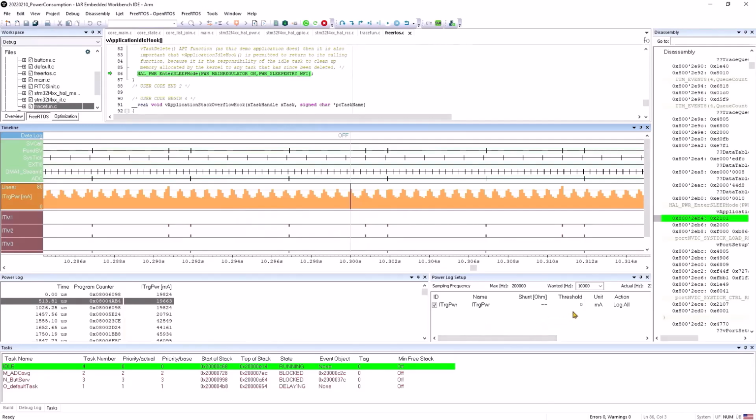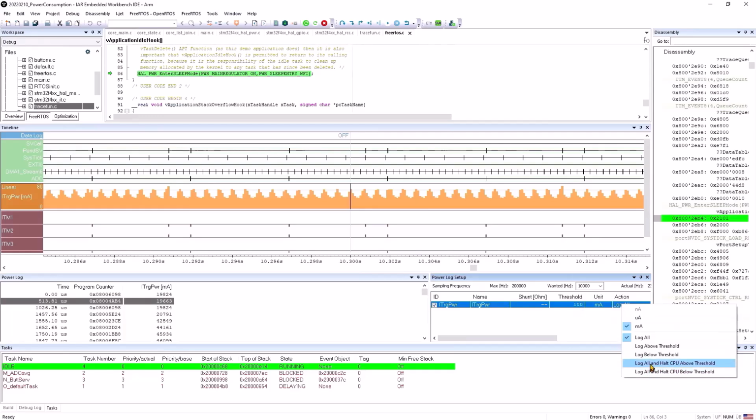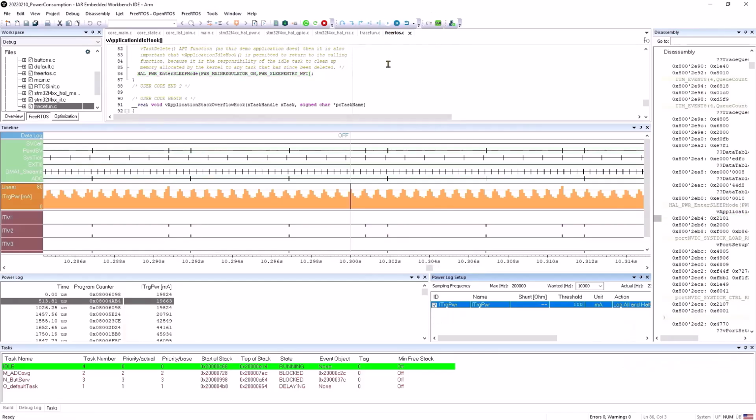The last thing that I want to show you is here in the power log setup window, you can set a power breakpoint. So for example, I could tell the application to stop if a value of 100 milliampere is exceeded. So log all the values and halt the CPU if the threshold is being exceeded. So if I run the application now, switch on the audio output and increase the potty value,